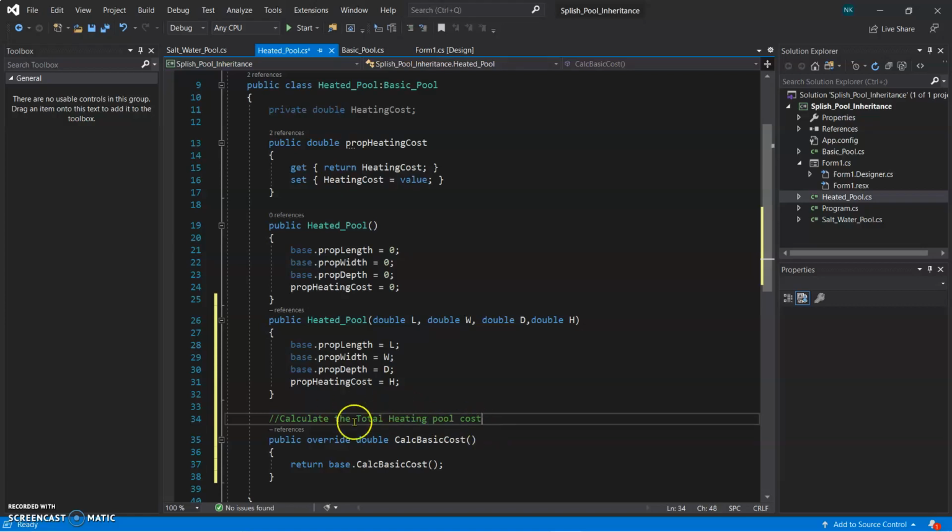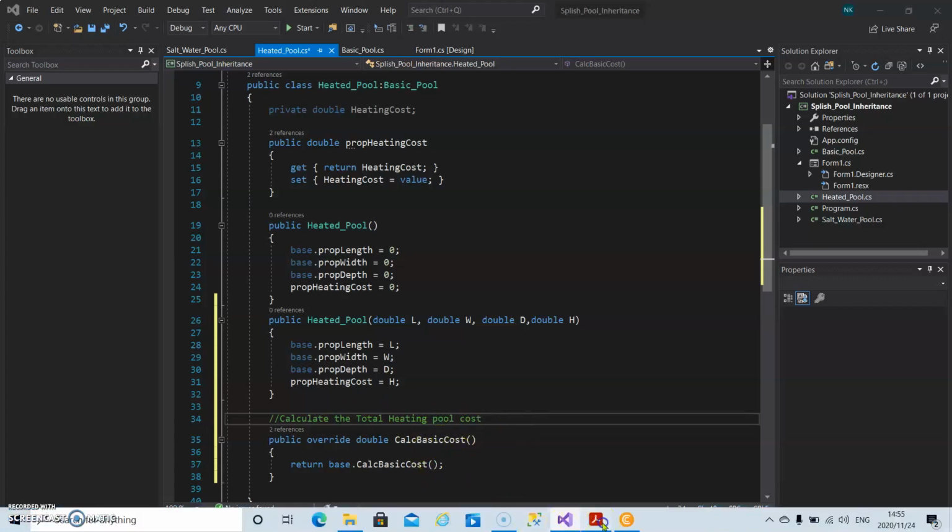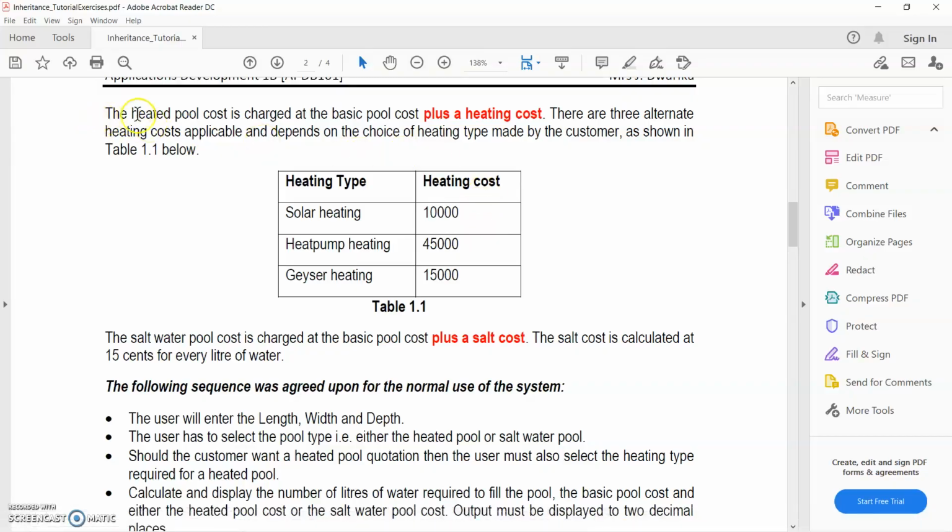Okay, so ukuze sikwazi ukuthola le heating pool cost, we need the basic cost. In the basic cost, we need to add something on top of it. Okay, so let me check now the statement. See the statement, the heated pool cost is charged at the basic pool cost plus the heating cost,